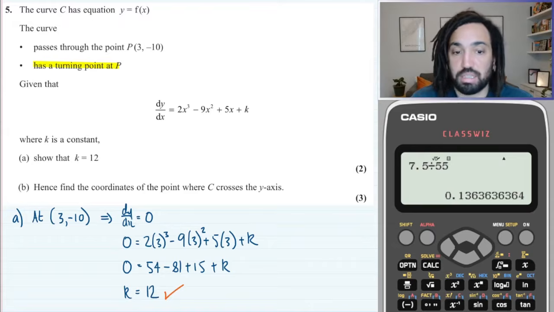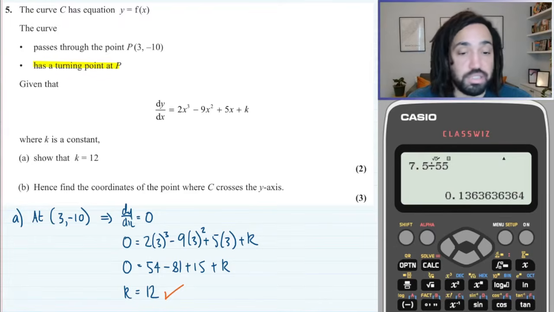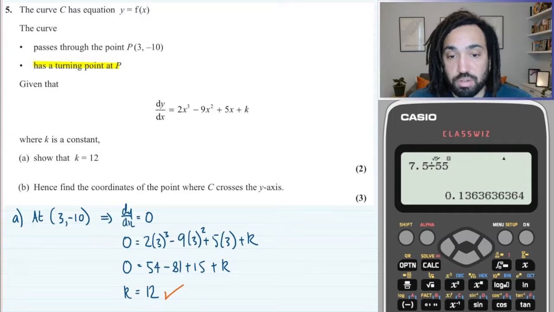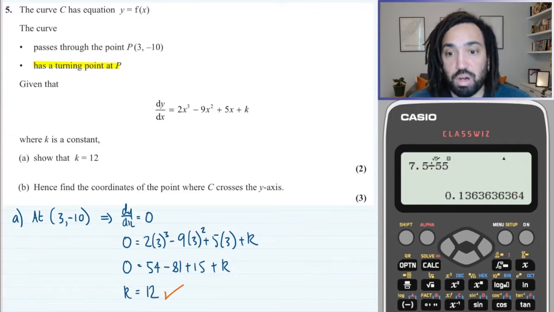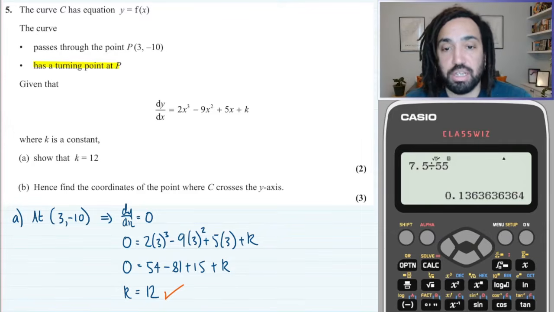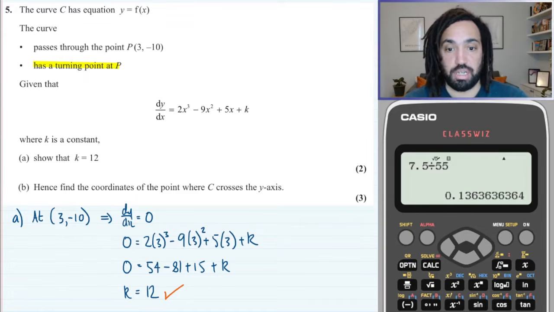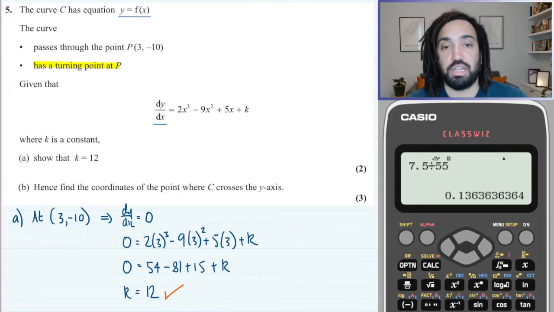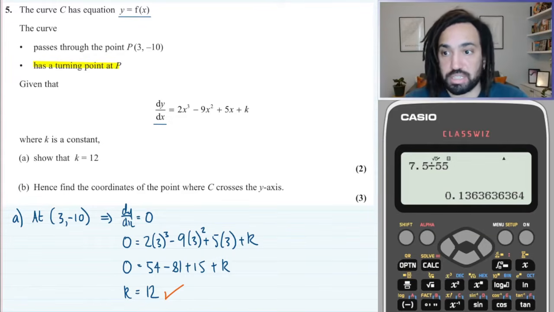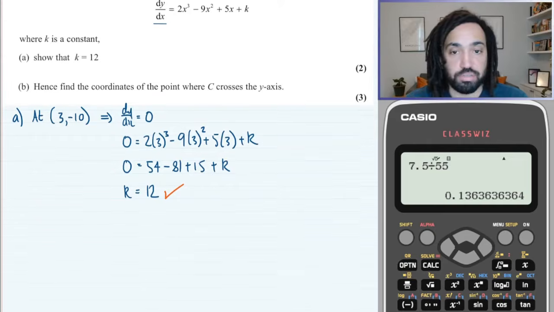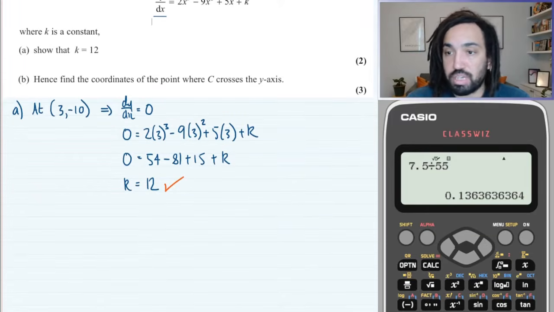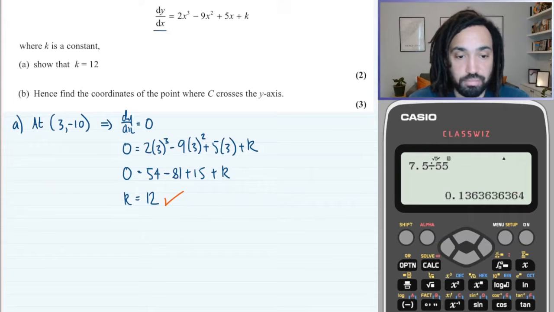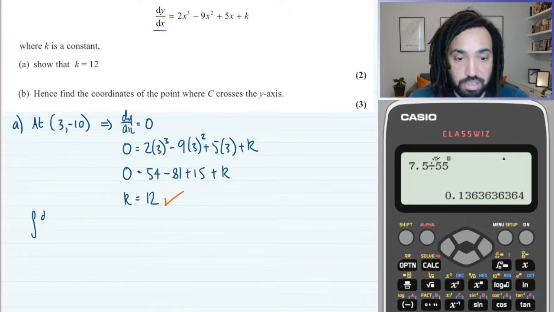Lovely. Perfect. Okay. So next it says find the coordinates of the point where C crosses the y-axis. So the y-intercept. Okay, so C is the function. So to find the function given its derivative, we have to integrate, because of course integration is the opposite of differentiation. So I can write that if I integrate both sides,